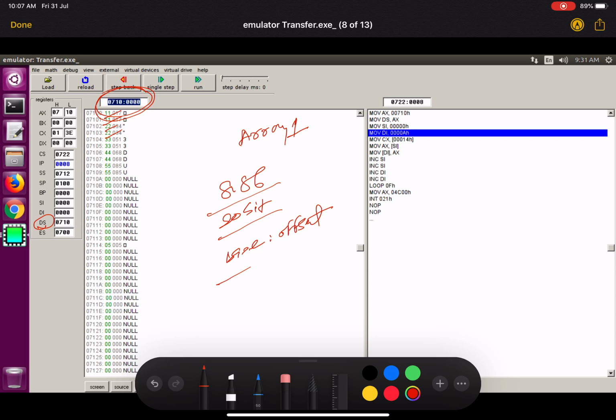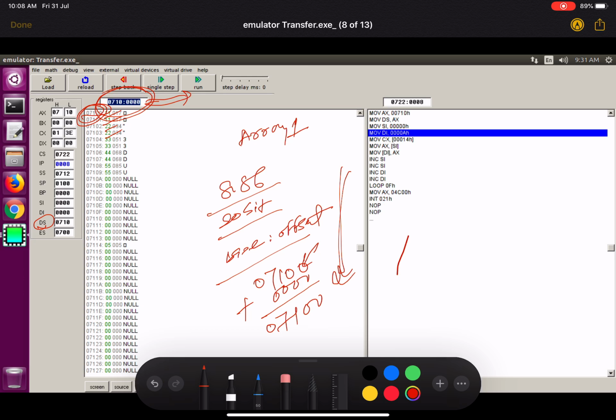And how to get the physical address from this? So 0710, with a hardwired 0 appended, gives 07100, plus 0000, so 07100, that is the exit value. You can find it over here. This is how it gets the physical address of any location using the combination of base address and offset, and you can go through the memory of 8086. That also you can visualize in our emulator.